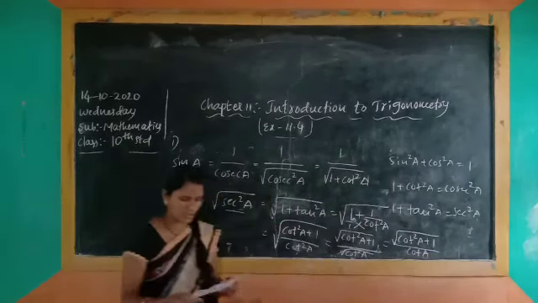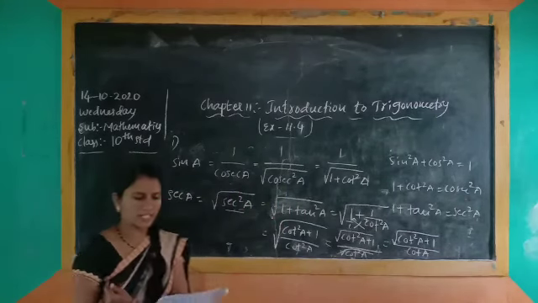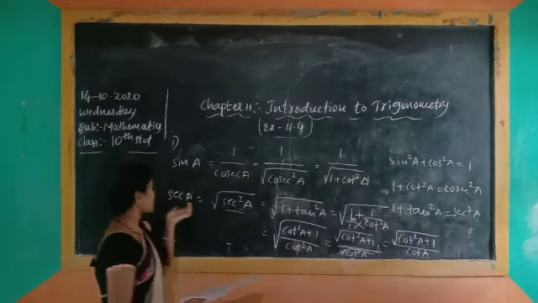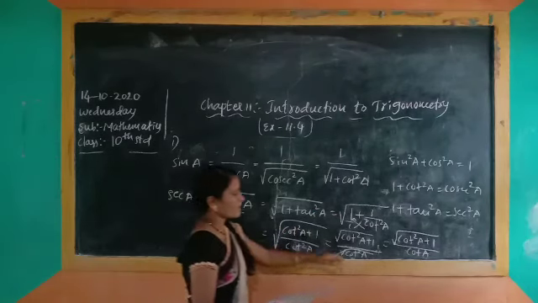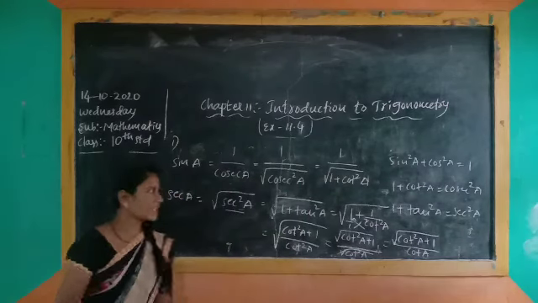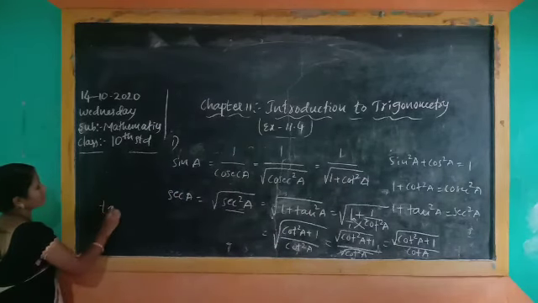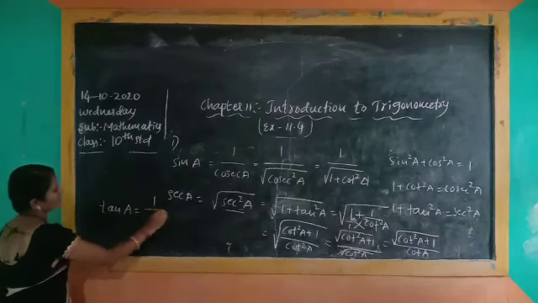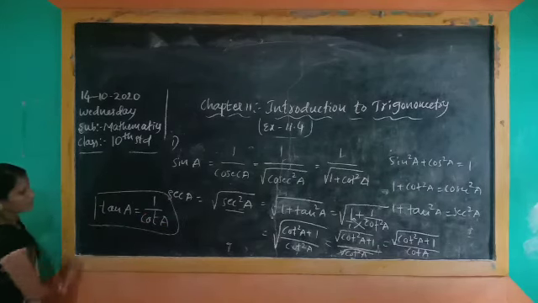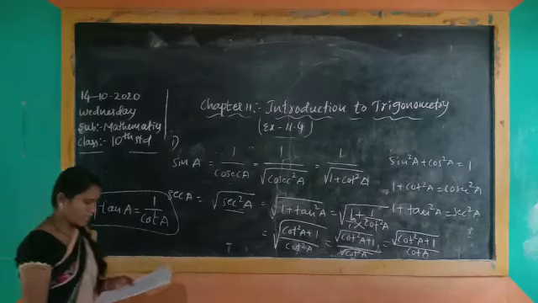In this question, they have given sin to convert to cot, and next secant to convert to cot. Next, for tan to convert to cot, you know already, tan is the inverse of cot. Tan A is 1 by cot A. Here we converted directly, for the third question: tan A is 1 by cot A.